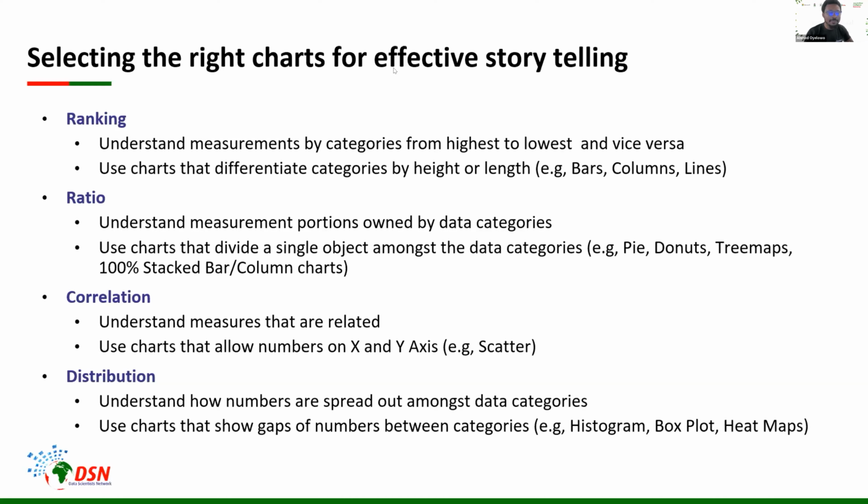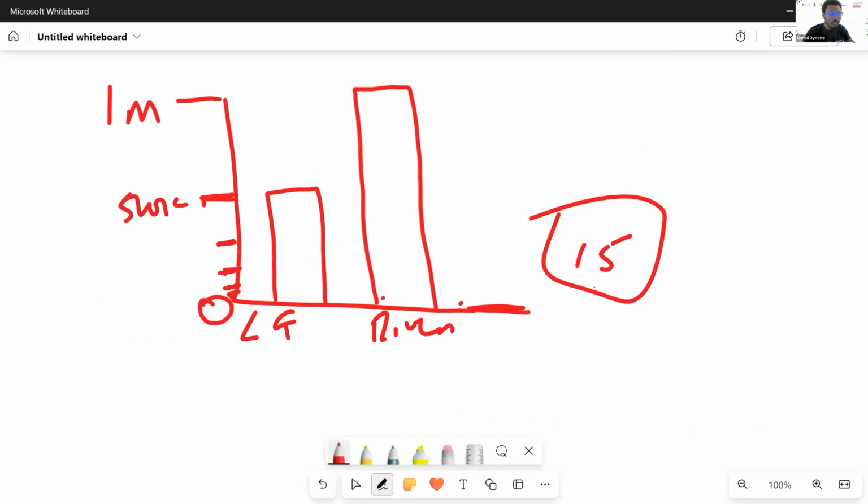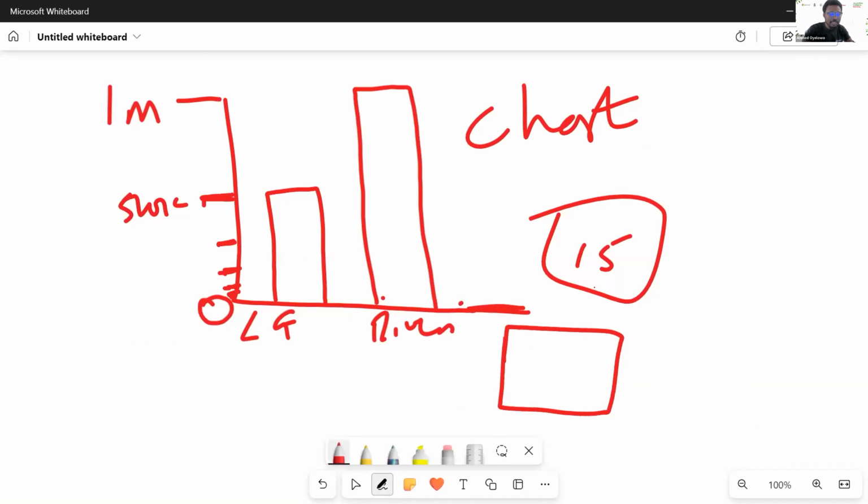Okay. Now, somebody asked, what is a card? All right, so a card visual is where you present a number. Like this is a chart, for example, but if I talked about 20% market share, there are visuals that look like a box like this, where you just write in 20%. Just like cards that we play, right? So that's a card visual, and it simply shows maybe one number, a couple of numbers only.